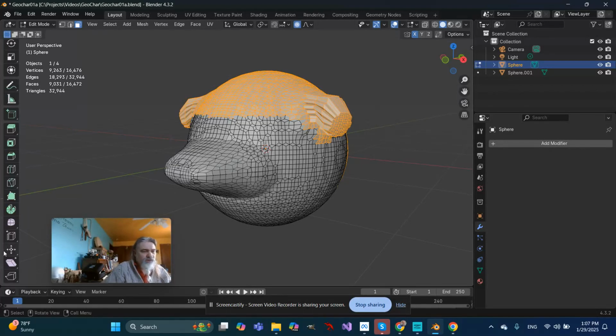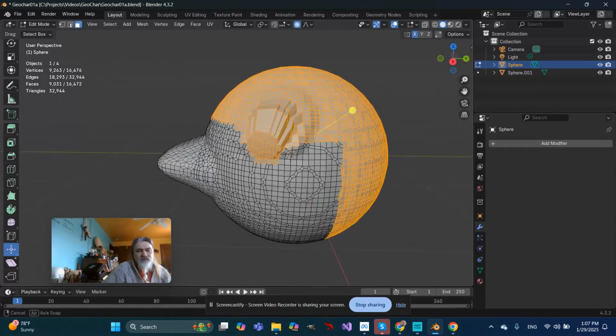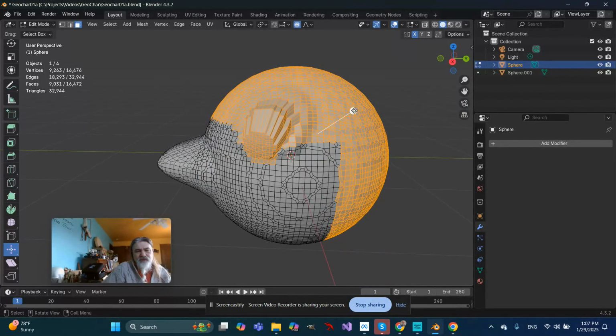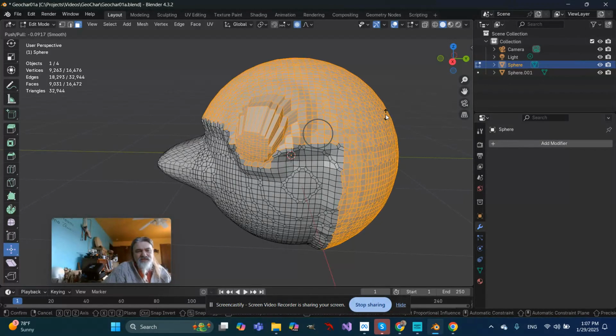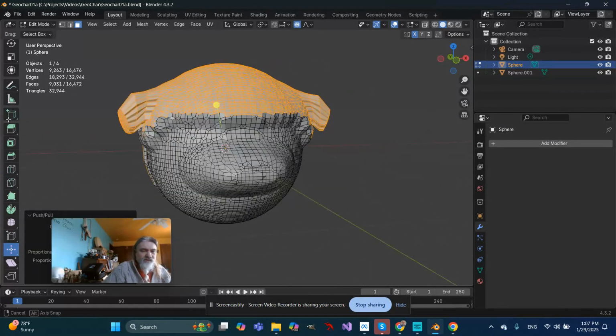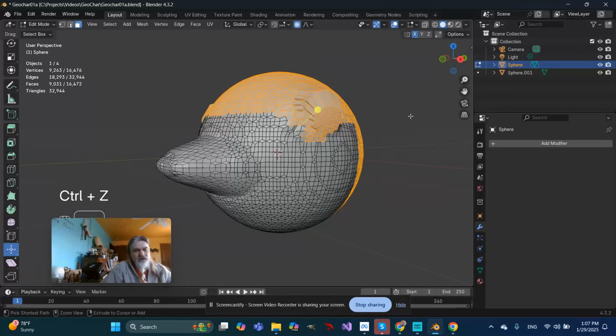Over with these tools, there's an option for push-pull or shrink-fatten. So in this case, I'm going to select the push-pull. And what I can do is just grab this little pin, and I can resize things a little bit. Now, I'm going to Control Z, and I'm going to redo that,